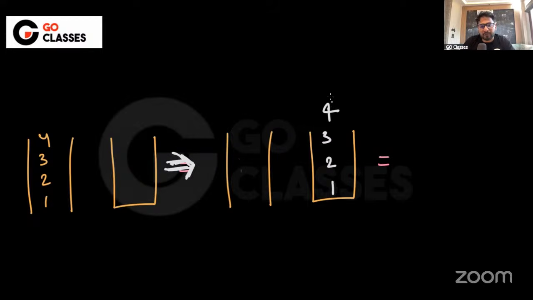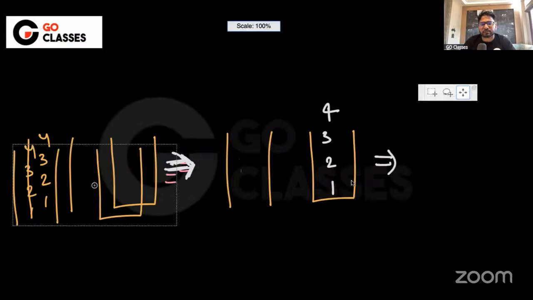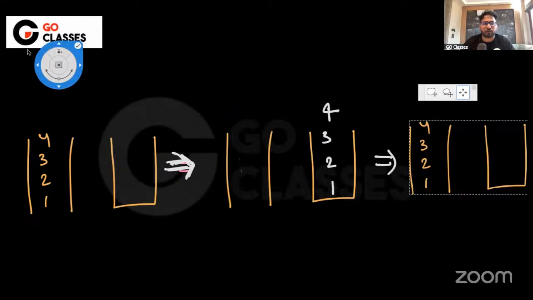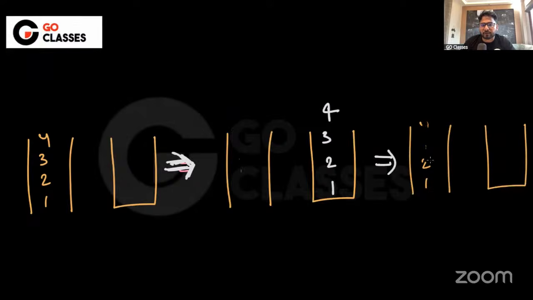Now, interestingly, if you put them back to the queue, then what will happen? It will look like this. If you put all of these items back to the queue, then 4 will be on the top, so 4 will get inserted first, and then 3, then 2, then 1. Now from this queue, you can put them in the stack, and then it will be 1, 2, 3, 4 in your desired order, which means the queue will be empty. There will be nothing in the queue.